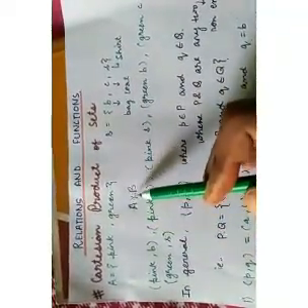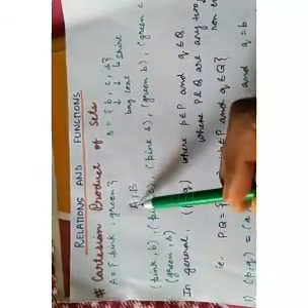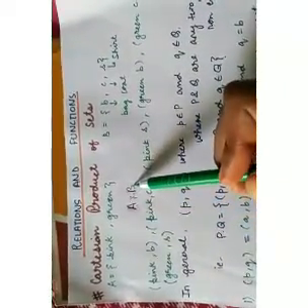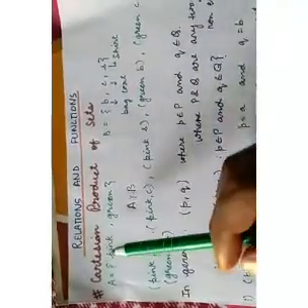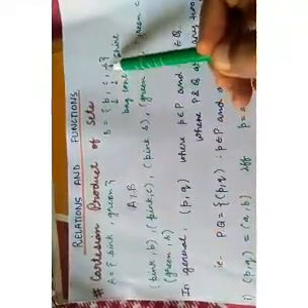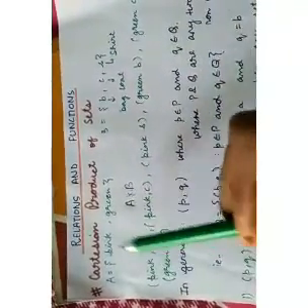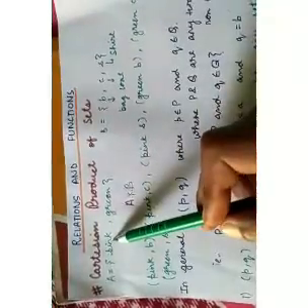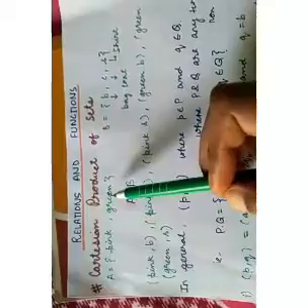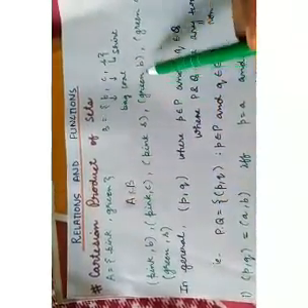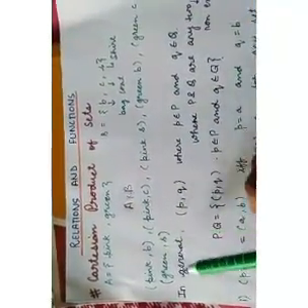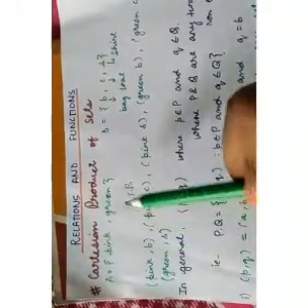When we have to write A cross B, first we will write the element of A, then we will write the element of B. The elements of A are pink and green, the elements of B are b, c, s. So the first pair will be pink b, second will be pink c, then pink s. Similarly, green b, green c, green s. So this is the Cartesian product of the two given sets A and B.